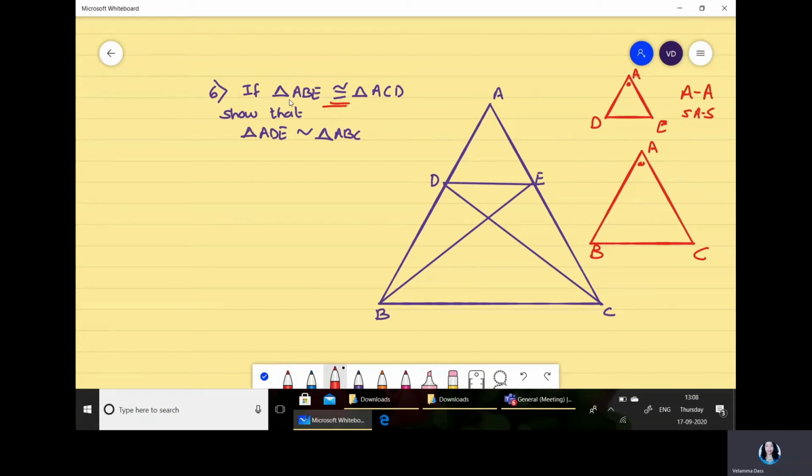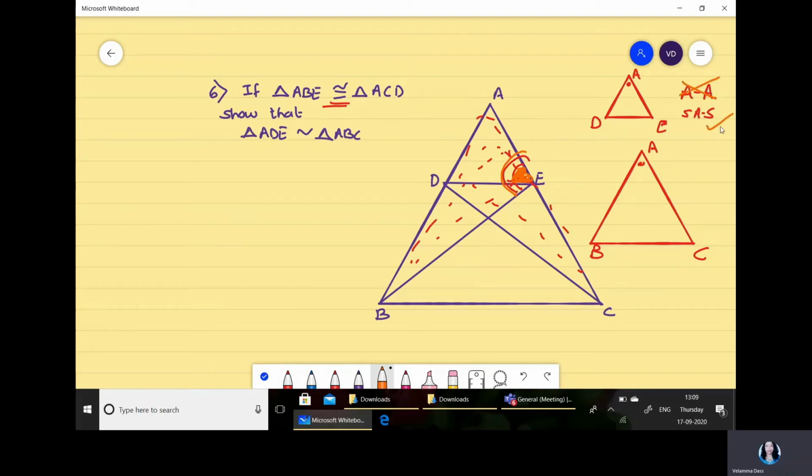Here it is given that triangle ABE and triangle ACD are congruent. So can I prove that angle B and angle D are equal? No chance, because this angle B is a smaller angle, and so is this angle C. So this cannot be proved. Similarly, angle E, this part, doesn't exist here. My angle E is only this much, but our given angle E is this whole thing. So I think this particular fact cannot be used.